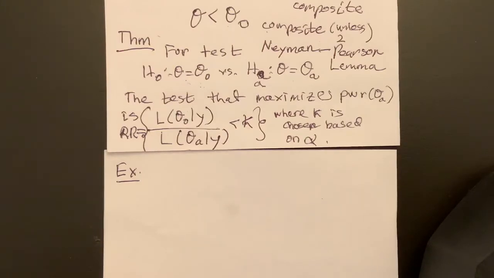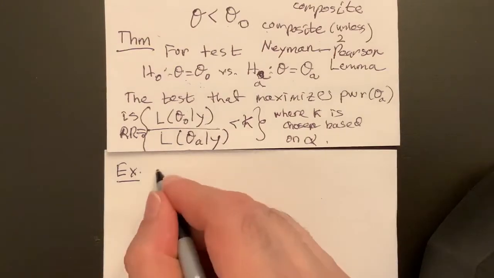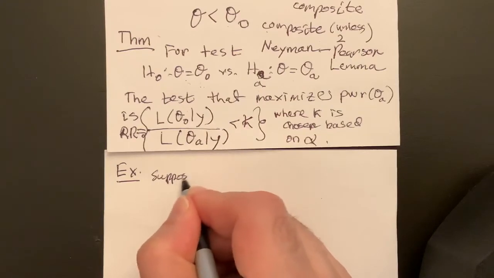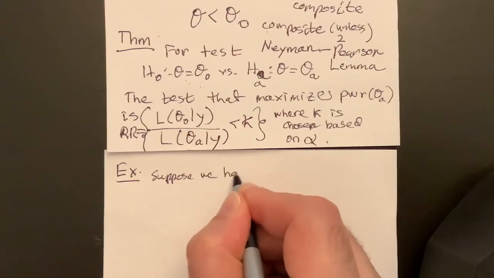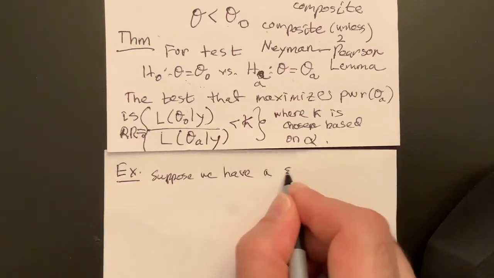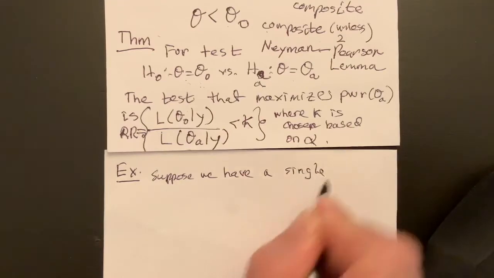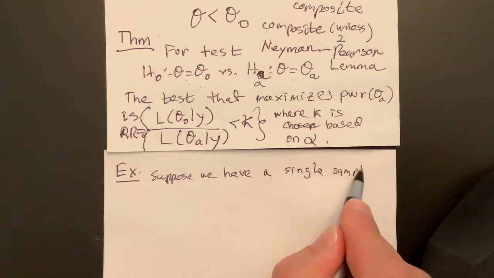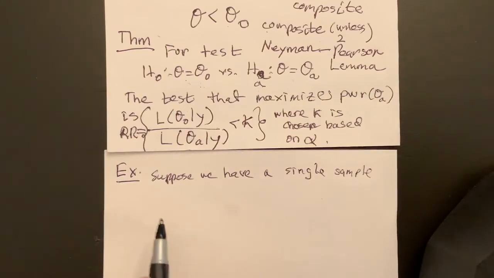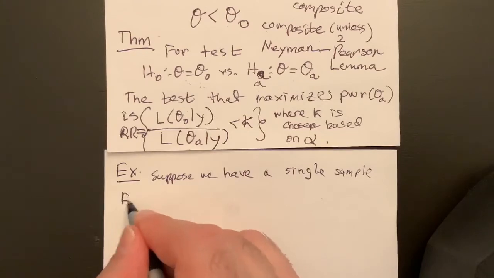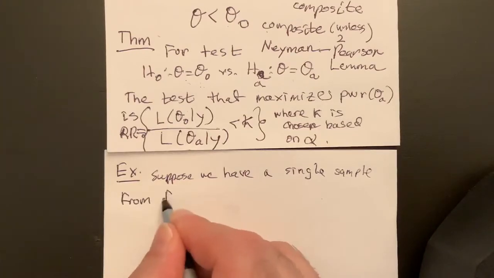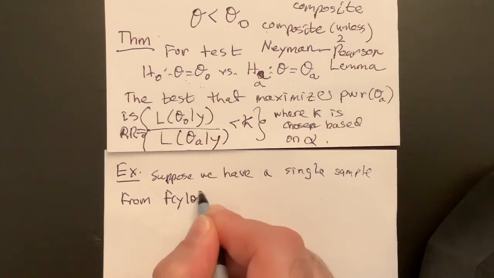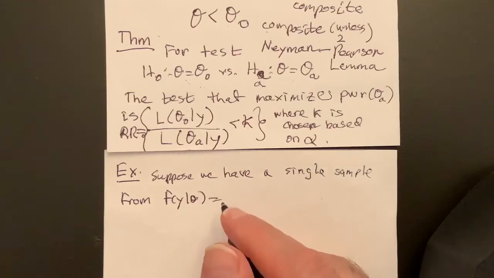So suppose we have a single sample. That's a pretty small sample size, right? It doesn't have to be small or large, it can be any. So we have a single sample from the distribution f(y | theta)